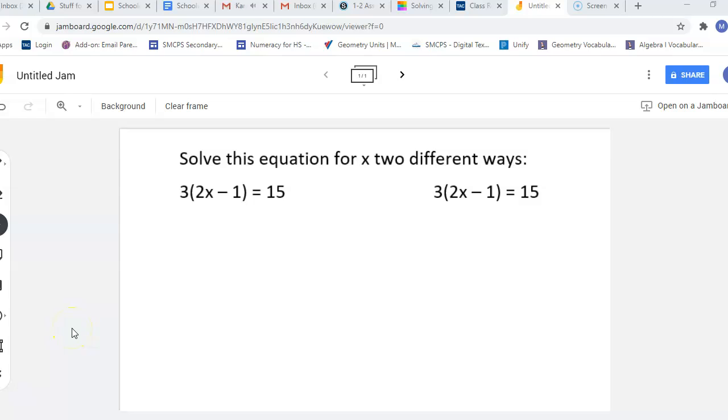Hey guys, I wanted to show you how to solve an equation that has parentheses in it, like the ones that you see here. And I'm actually going to show you how to solve it two different ways. So, the first way,